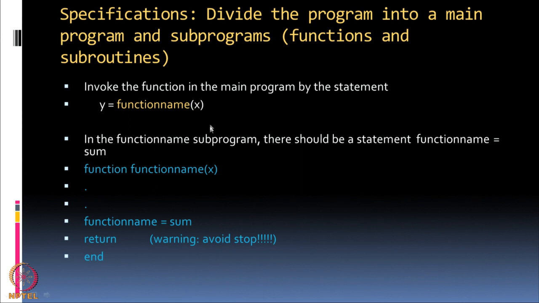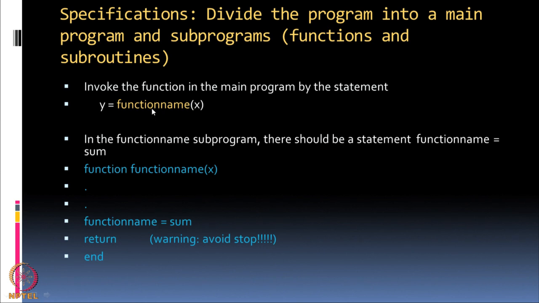Now, let us first summarize the structure of this function. You have divided the program into a main program and subprograms. Subprograms are functions and subroutines. We have already discussed the function. So, how does a function work? Invoke the function in the main program by this statement, y equals function name of x. Remember, we wrote y is equal to sin nu of x. Instead of sin nu, it could be any function name. So, this is how you will